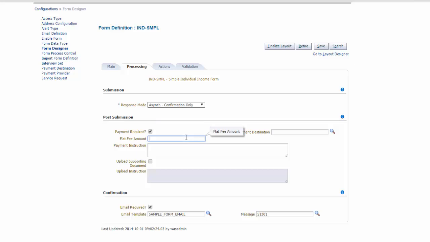You can either specify a flat fee amount, or you can choose one of the form lines, which you will define later on, and say that the default amount for the payment should be the amount which is specified on this form line. You can put here the payment instruction. For example, please pay